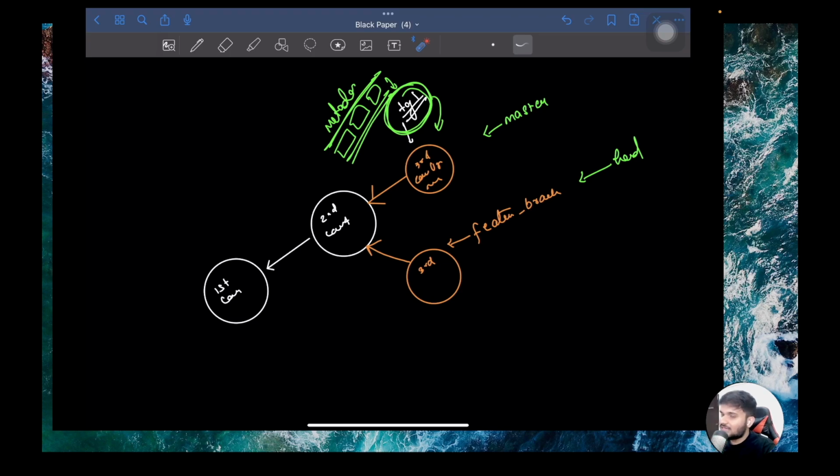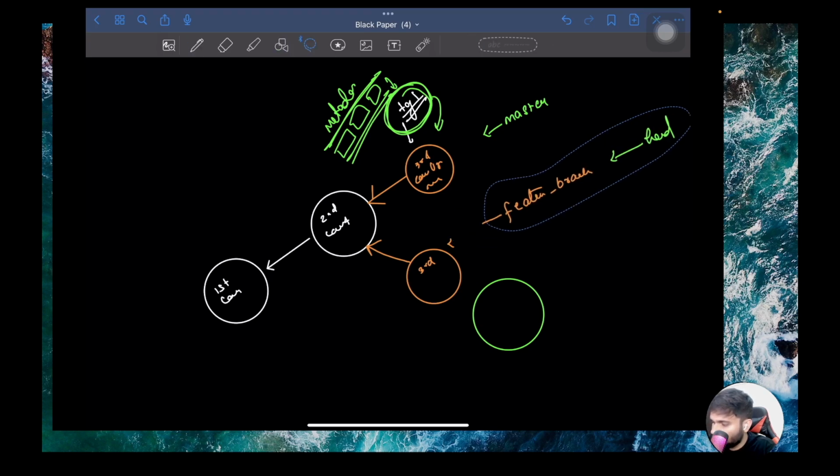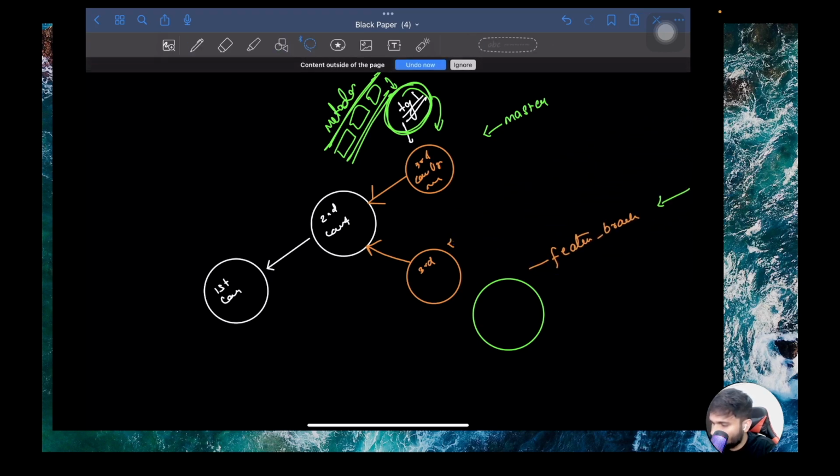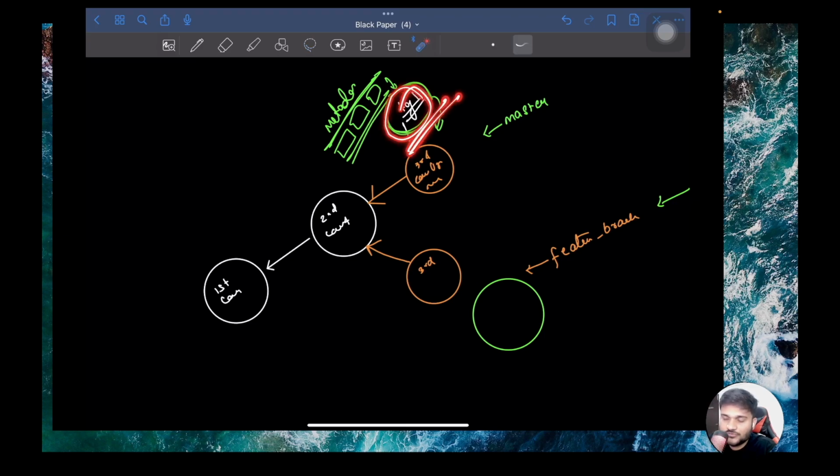That's where the fundamental difference between tags and a branch comes into the picture. When you make a new commit, your branch pointer actually moves to that new commit. But if you make a new commit, the tag pointer never moves. Tag points to the same commit where it was earlier pointing. So if you create a new commit, the tag doesn't change, right?